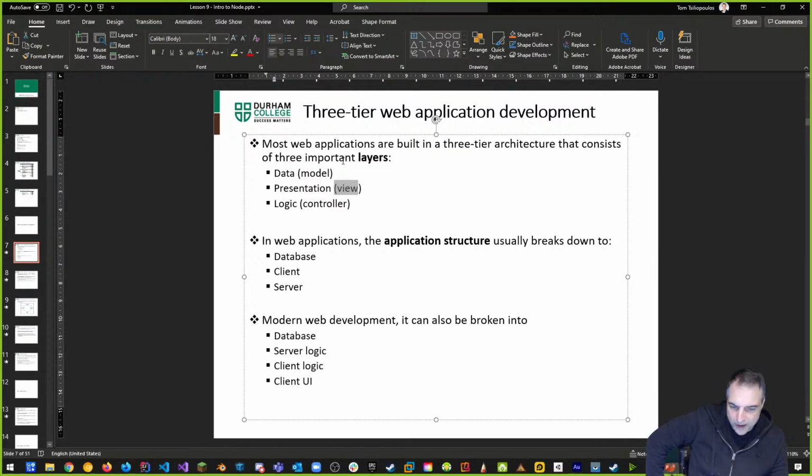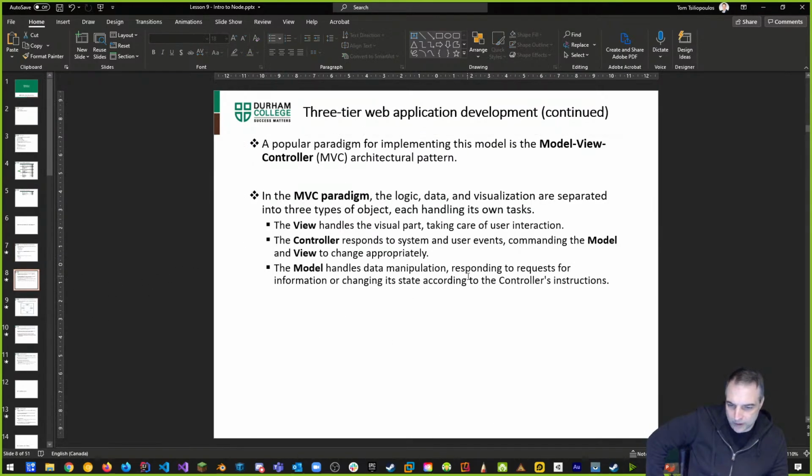On top of that, we also have something called our application structure, which follows the same 3 tiers: database, client, server, this kind of thing. In modern web development, it can also be broken out into some kind of database, server logic, and client UI. And really what we're talking about here is the model view controller